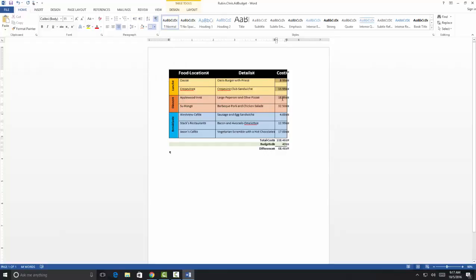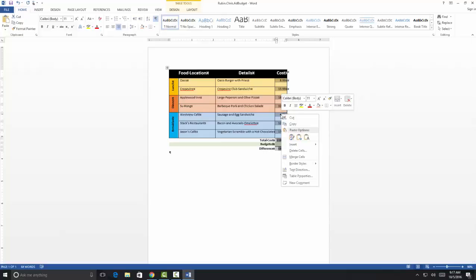There's one last thing we want to do. We want to make sure that everything in the cost column is set up to represent a dollar amount. To do that, we're going to go to Insert,